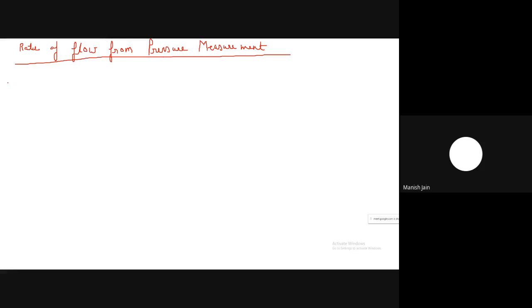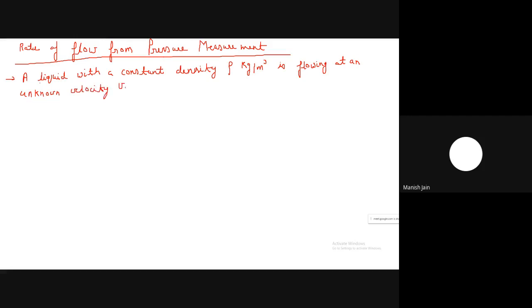So I am writing the problem statement. A liquid with a constant density rho kg per meter cube is flowing at an unknown velocity v1 meter per second